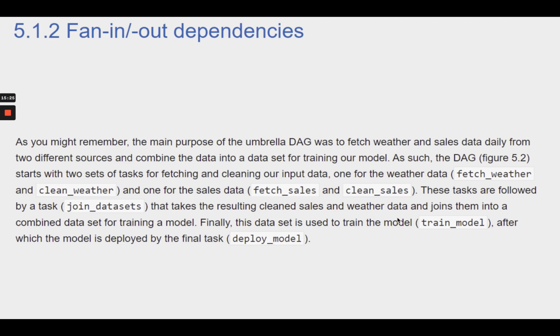As such, the DAG, Figure 5.2, starts with two sets of tasks for fetching and cleaning our input data. One for the weather data, fetch_weather and clean_weather, and one for the sales data, fetch_sales and clean_sales. These tasks are followed by a task, join_datasets, that takes the resulting cleaned sales and weather data and joins them into a combined dataset for training a model. Finally, this dataset is used to train the model, train_model, after which the model is deployed by the final task,